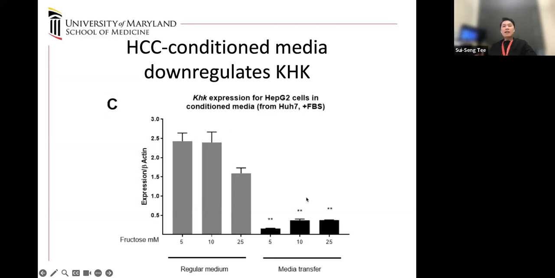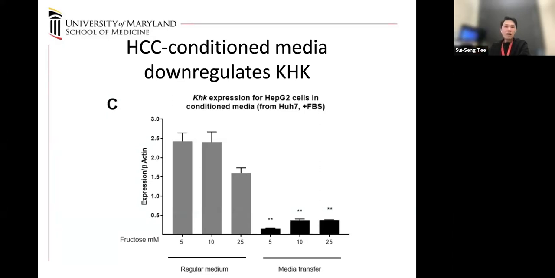So it seems that cancer cells produce some kind of factor that forces liver cells to downregulate fructose metabolism. This was a huge surprise to us. There were really no reports of an extracellular secreted factor produced by cancer cells that is able to suppress